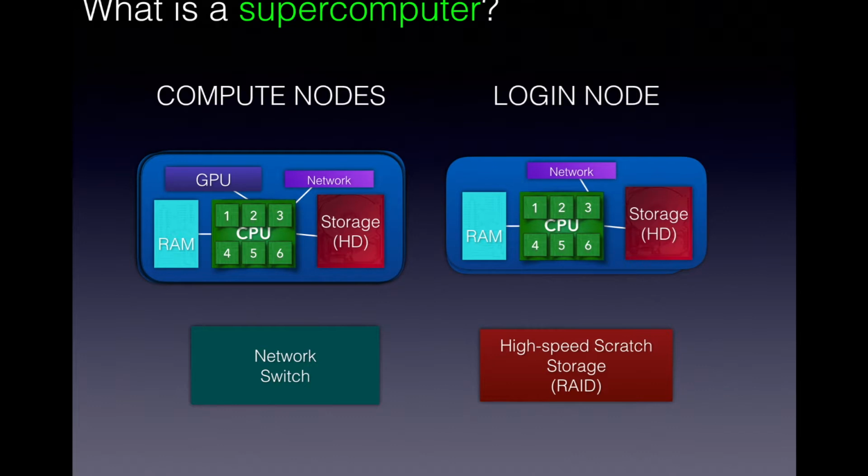We create essentially two classes of nodes, and then we add in also a network switch, a high-speed network switch, and a high-speed scratch storage node, which is a node that contains essentially a RAID array of hard drives, offering both faster read and write operations and security against the failure of a single hard drive, because there are redundant hard drives and the data is stored